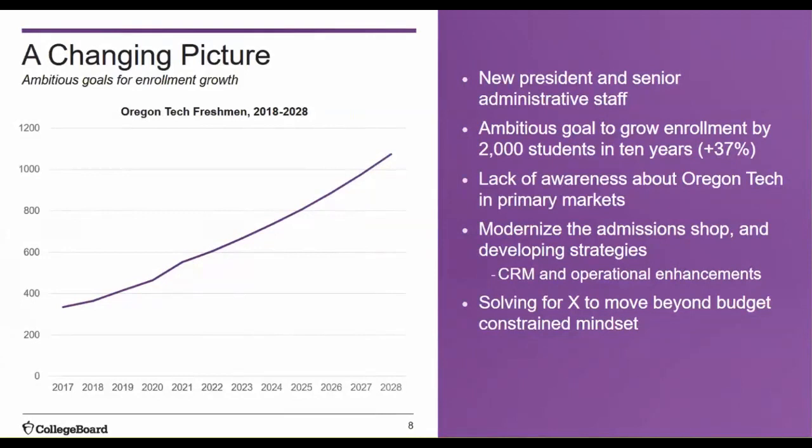Not only is the board and president new, but 4 of our 5 senior administrators are also new, all coming from institutions that experienced significant enrollment growth over the last 1 to 2 decades. The growth mindset has certainly taken root here at Oregon Tech, including all of the exciting changes of new system implementations and integrations needed to fuel year-over-year growth sustainably.